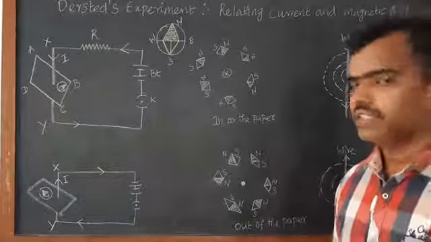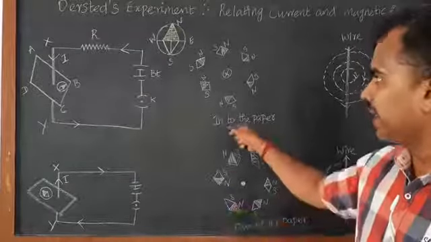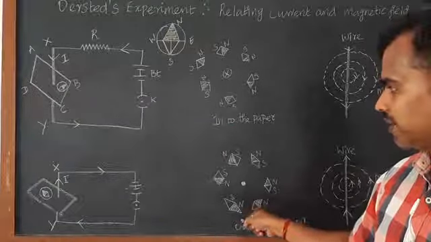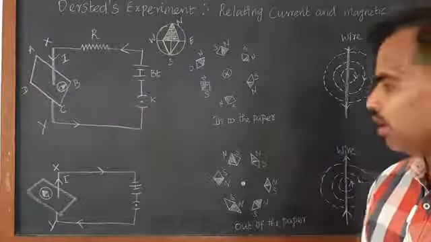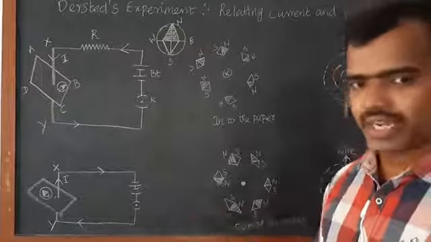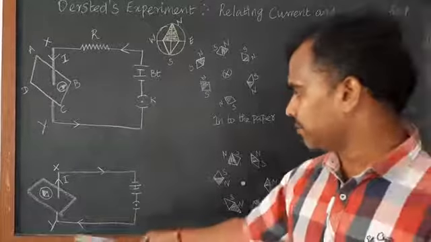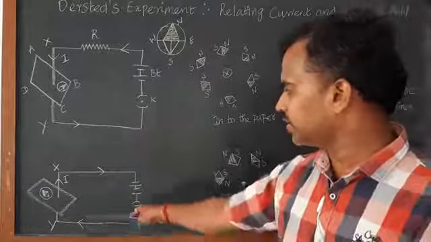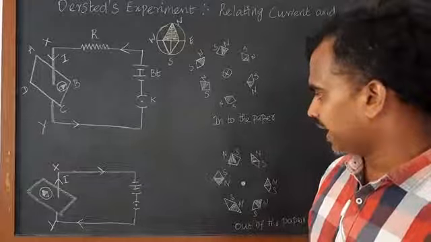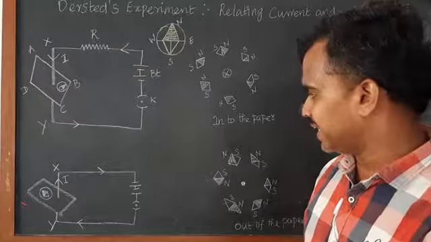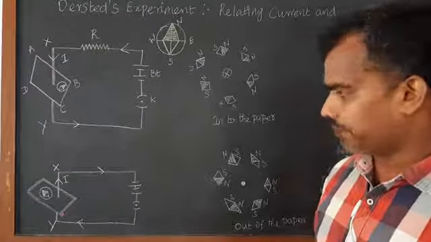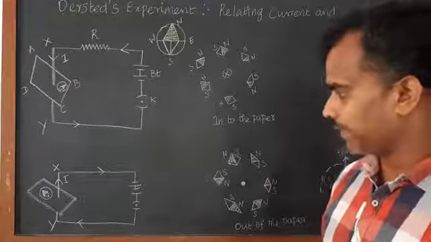And now, if you change the polarity, here we have the positive terminal and the negative terminal. Now, the current flows from the positive terminal to the negative terminal. Look at the same procedure, but now the current flows out of the paper; it is ejecting out from the paper.